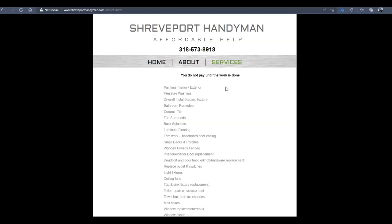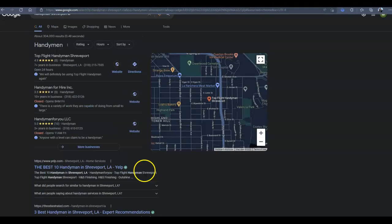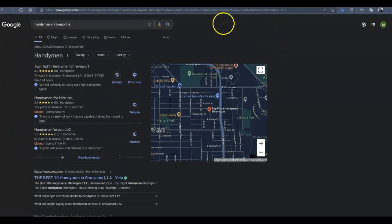Now, ranking back pages is going to be much easier than trying to rank your entire website for several different locations and several different services. Put your main one in your main area on your home page, and then let your back pages work for the rest of it. Now, when you go to create your Google business profile, basically when you log into Google,